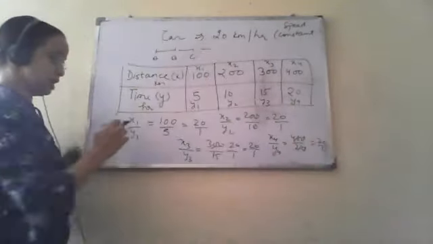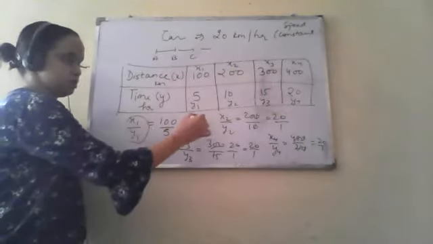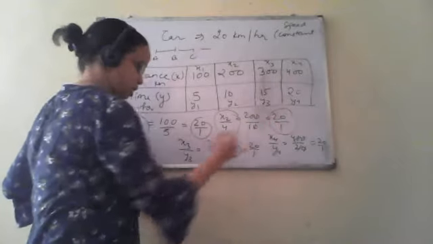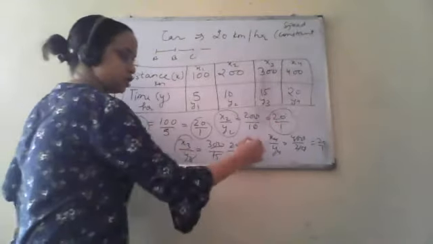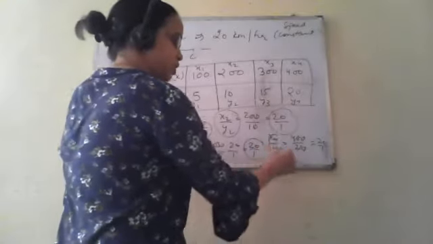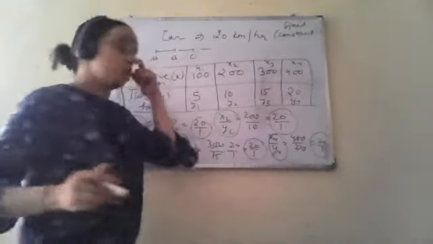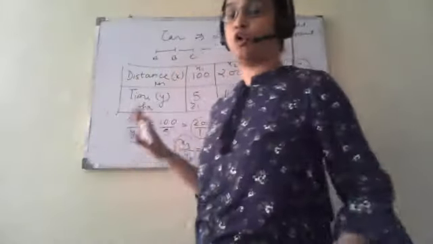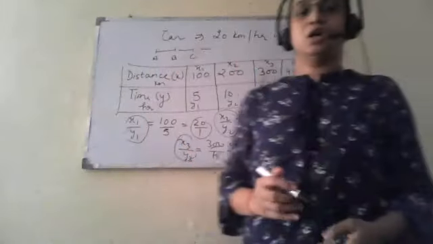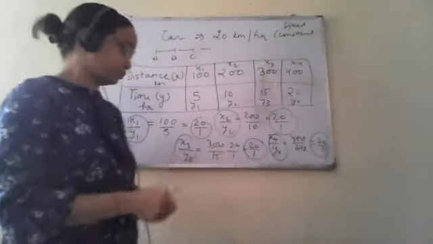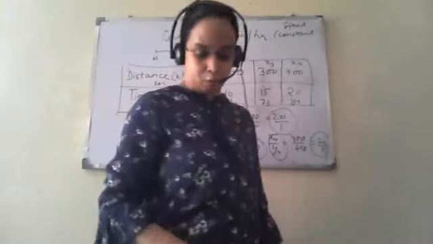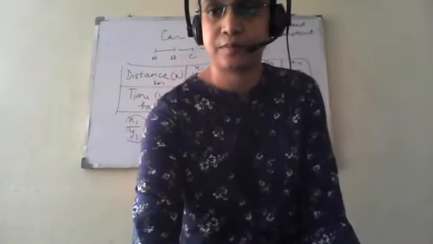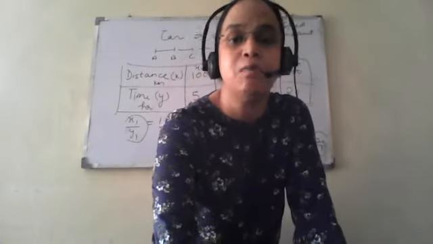Now you see in every case, in x1 upon y1, the ratio is 20 is to 1. In case of x2 upon y2, the ratio is 20 is to 1. In case of x3 upon y3, the ratio is 20 is to 1. And in case of x4 upon y4, the ratio is 20 is to 1. So it is clear that in case of direct proportion, the ratio of two quantities will never change. So this is all about direct proportion. Now we will deal with some examples of the exercise so that the concept will become more clear to you.